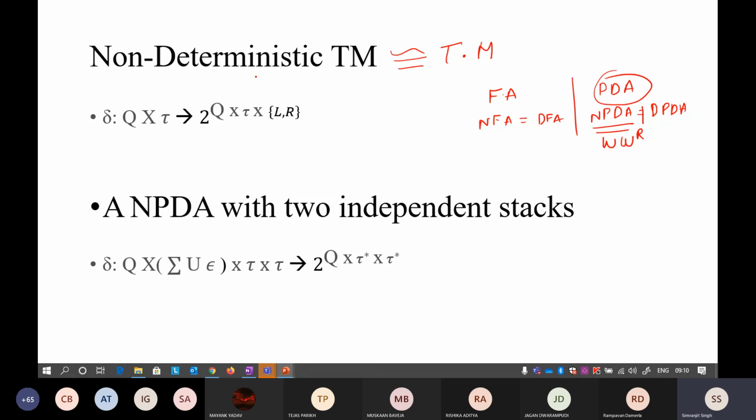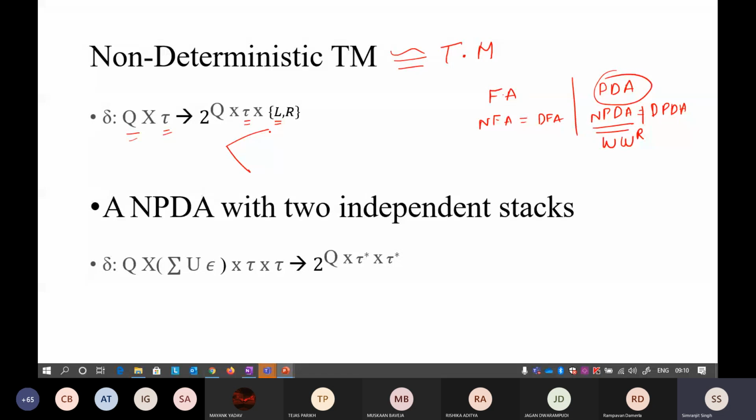Keep this in mind. Now in this, if you look at all the symbols, the transition symbol is the same. The only thing is it is raised to power 2, so this is just a power set. All the transitions are written again as 2 raised to the power. It means that it can go towards two different states. It can put two different tape symbols onto the tape. It can either read or write, in two copies.